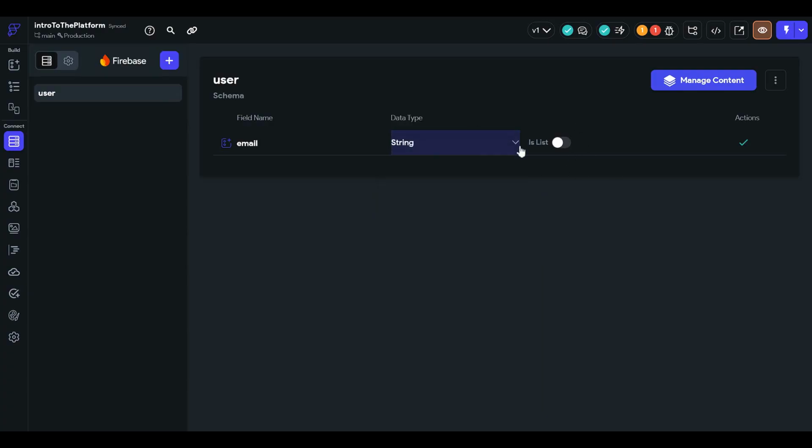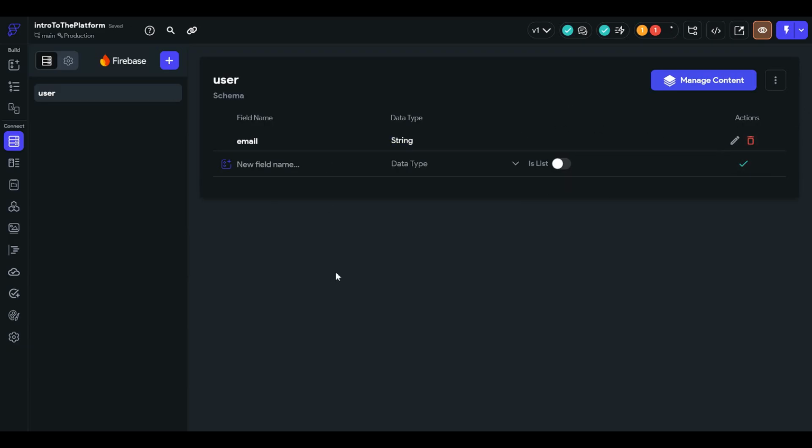If this is a variable, this is the variable name, this is the data type, and if we make it a list, then in this variable we can store a lot of emails. But this is the user collection, so the user will be able to add only one email. So we will not make it a list, we will simply make it a string.